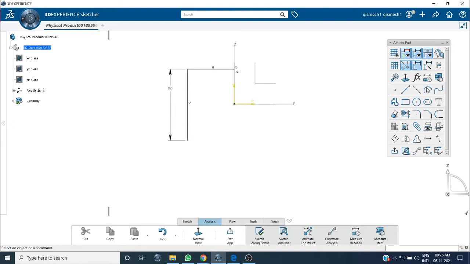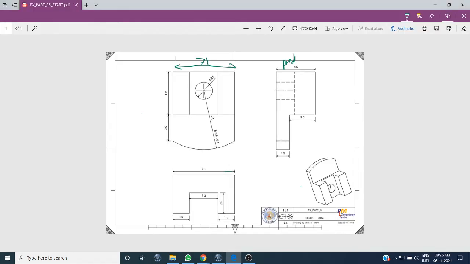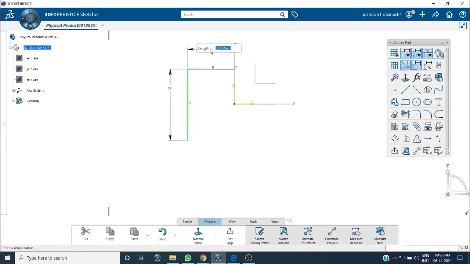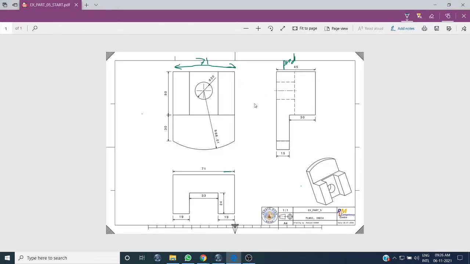So total length is 80. From this line to this it is 50. Now I will do the upward distance, 71 by 2.